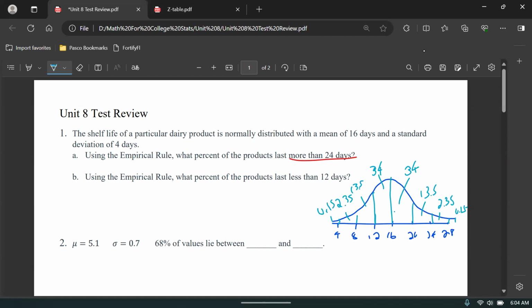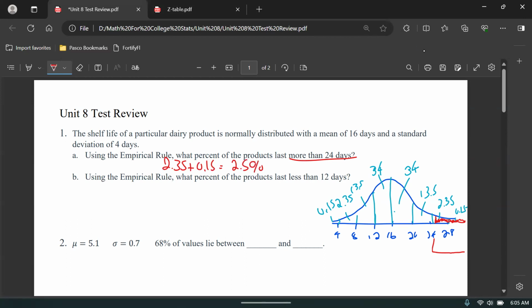All right, so these are the ones we're looking at. The first one is about lasts more than 24 days. So 24 is here. So 24 is going to be these two regions, 2.35 and 0.15. So that's going to be 2.5